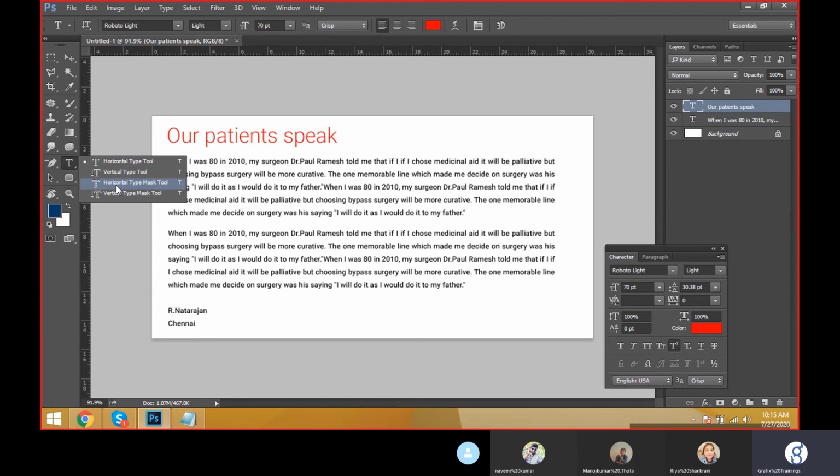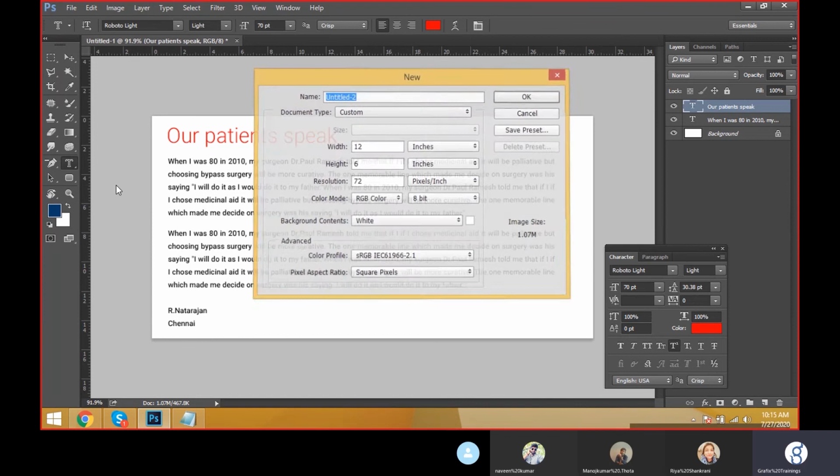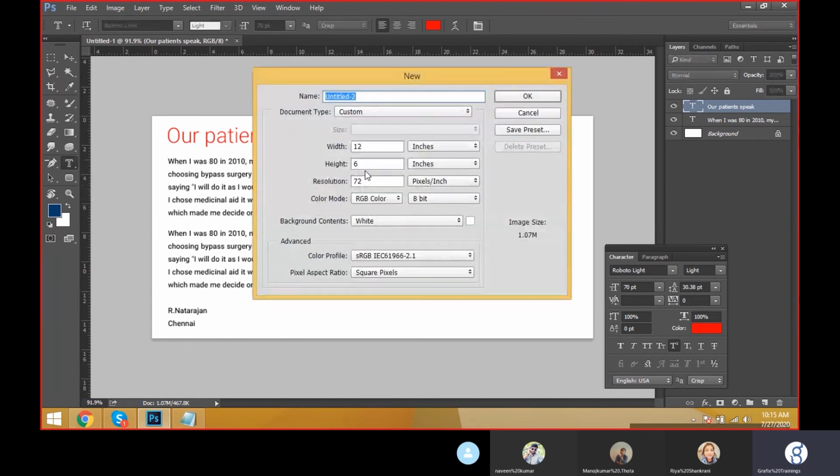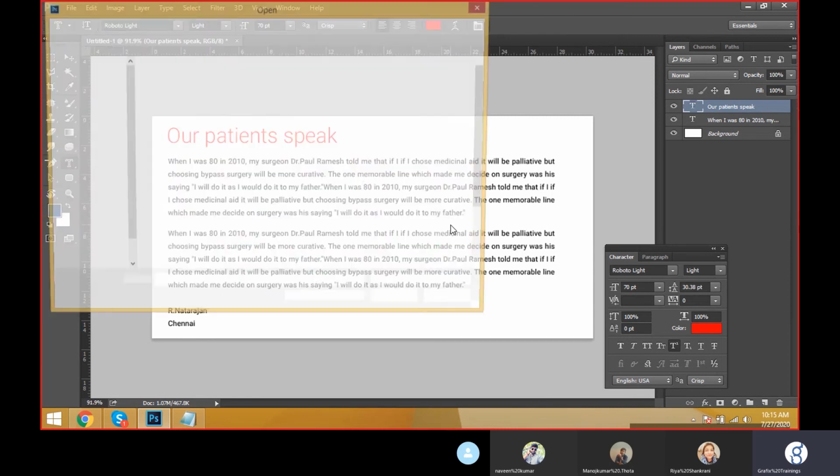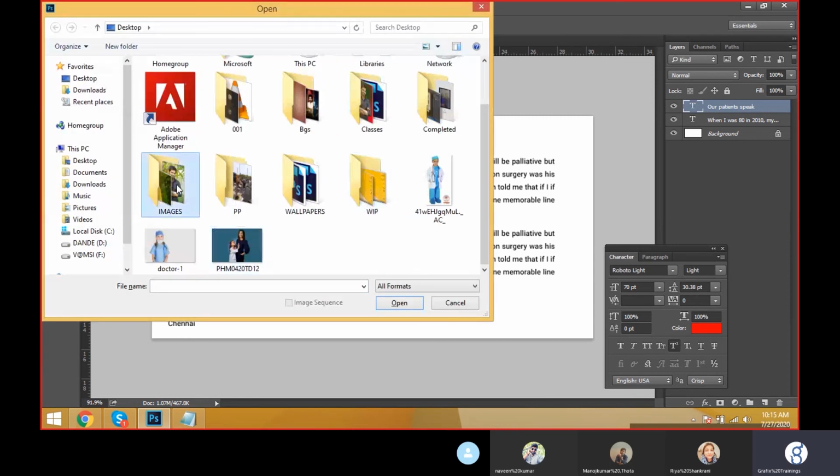Horizontal type mask tool. Horizontal type mask tool means we can take a text tool from the masking area also. Suppose if you take a text tool, you can take a text area here, horizontal type mask tool, to open the image.